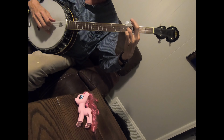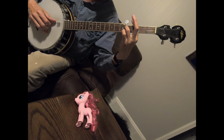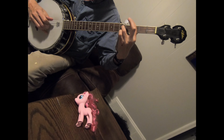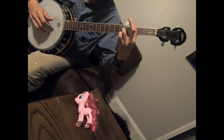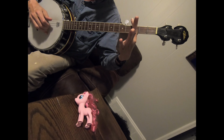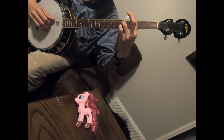And for this F chord, you already have this position, so you just keep barred on the 3rd fret. And your first 2 notes are on the 4th and the 3rd string. Now you want to keep the 3rd fret on the 1st string and hit these 3 notes. So it's...